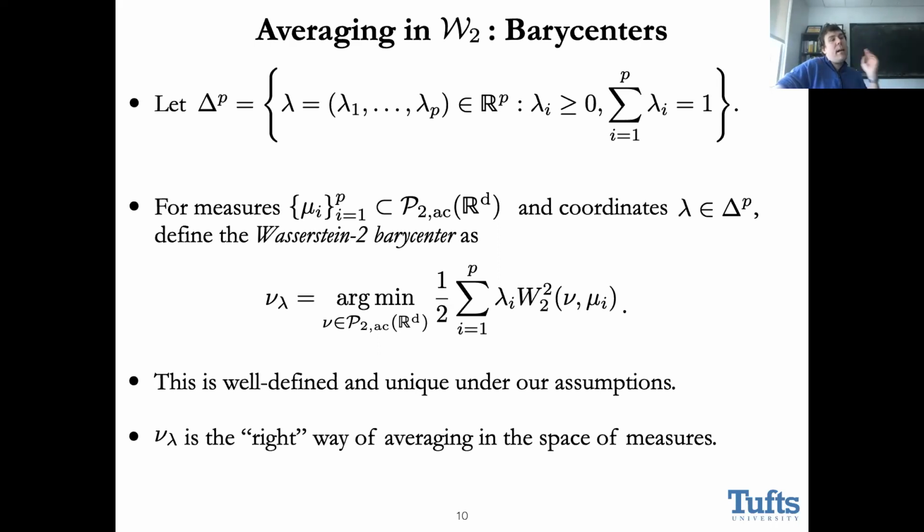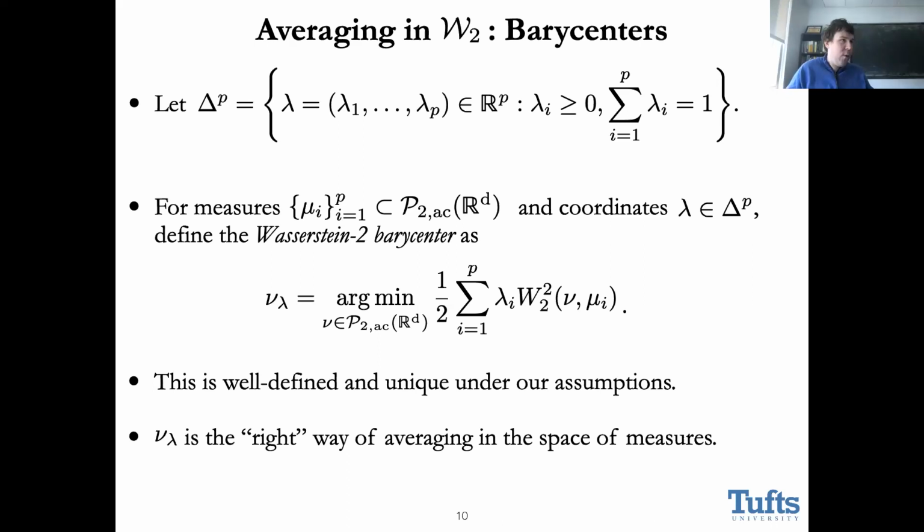So I guess the overarching problem we were interested in was what's the right notion of subspace in this context, right? And what I mean is, a nice thing about modeling with subspaces is that statistical learning gets way easier, right? If I know that my data live on a subspace or close to a subspace, then the number of samples I might need to estimate things related to this is much lower. So we're thinking along the lines of, well, what corresponds to a notion of intrinsically low dimensional set in Wasserstein space? How can I parameterize probability measures in a way that's going to make statistical learning efficient?